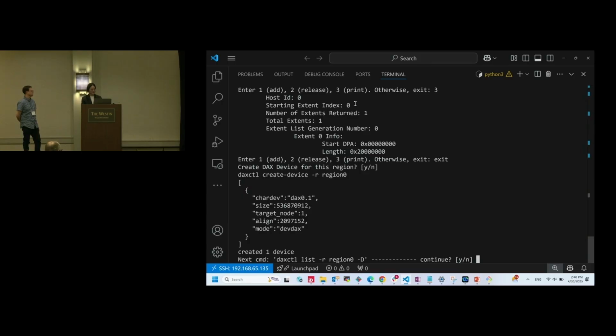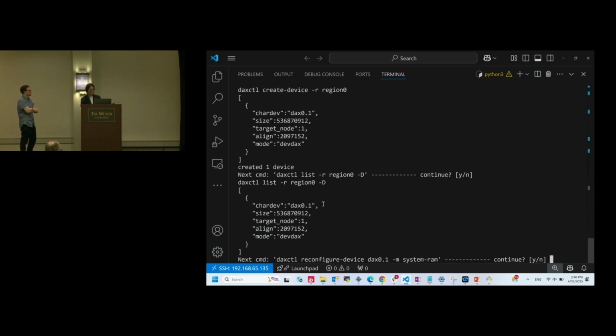So this first command will just create a DAX device, dax0.1, as we can see here. And this second command will just check that it was created correctly from region 0 using daxctl list. So that all looks good. And you could stop here and just use this memory as a regular DAX device by just accessing it through